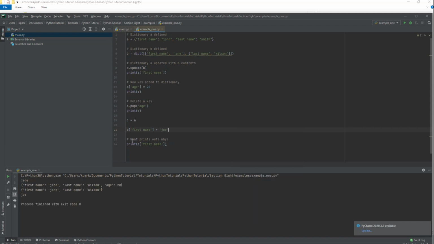All right, what is this question at the end? What prints out and why? Looks like Joe printed out. Okay, so what's the question? We printed out A, but you can look here on line 21. We made a call to C when we changed the name to Joe. So it would appear that changing the list C, or no, the dictionary C, caused a change to the dictionary